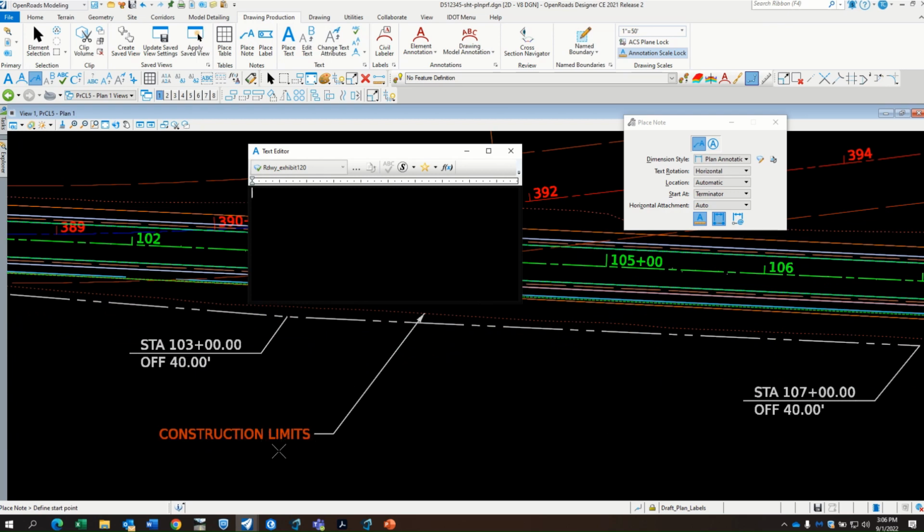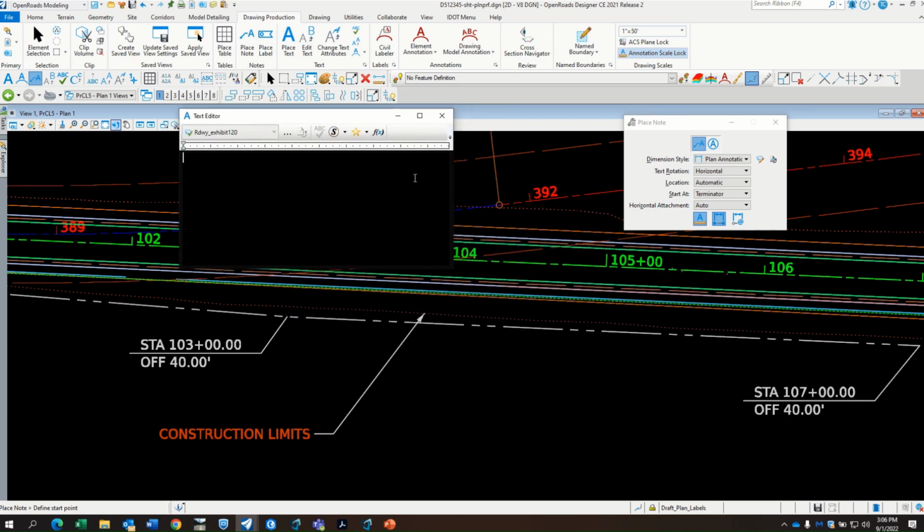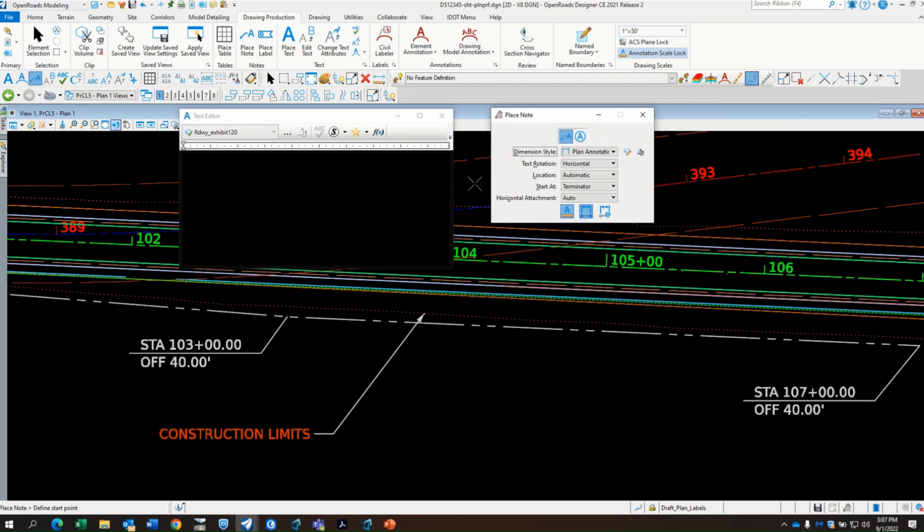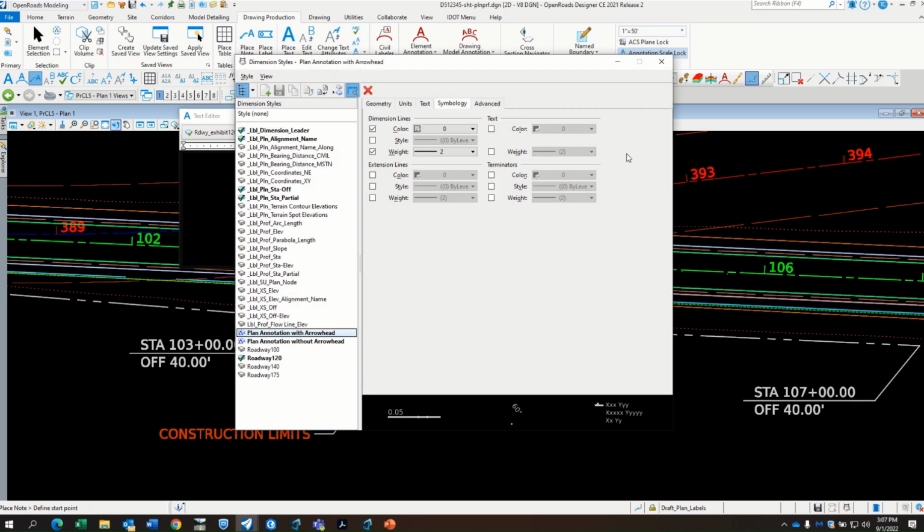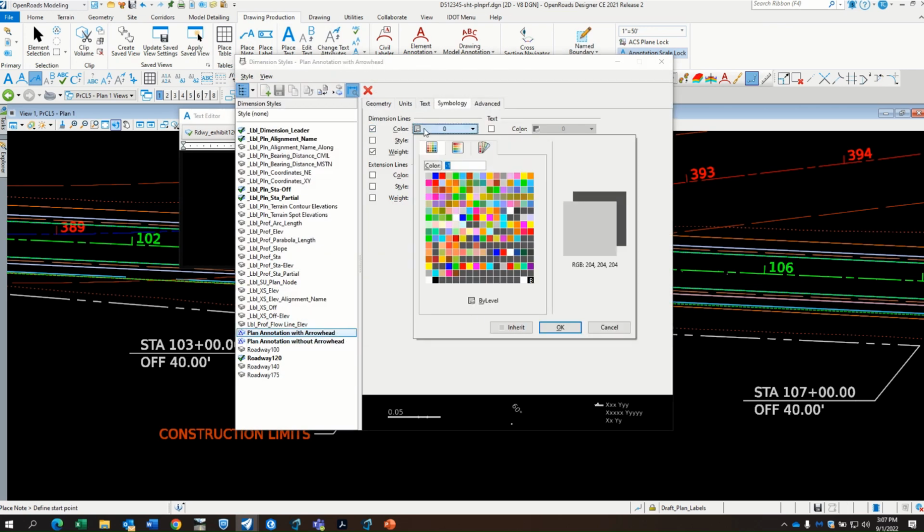Of course, I see my text is coming in different colors, whatever, so I can change my levels on that, no big deal. Or really, and this would be file based, if I wanted to, I could even open up the dimension styles and say change that,